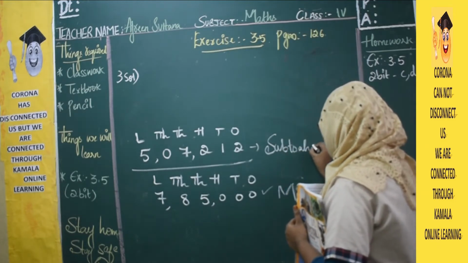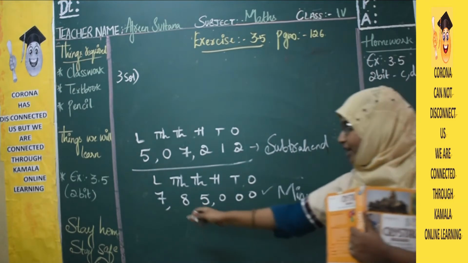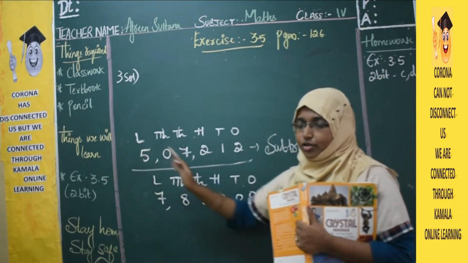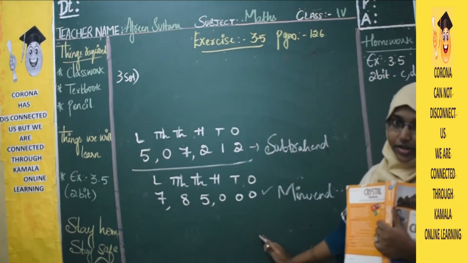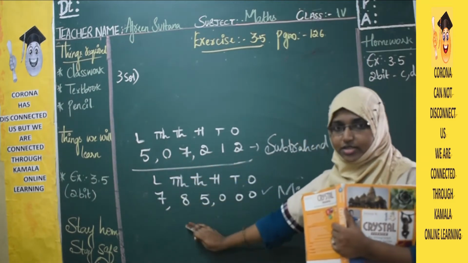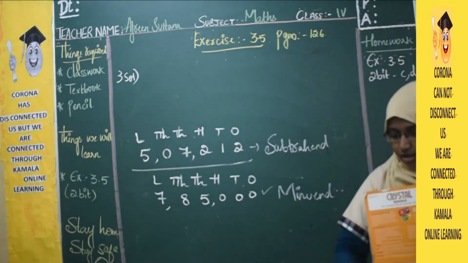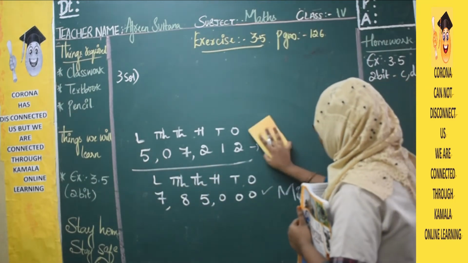Okay? So before directly you need not write the values. You cannot subtract this 7 from 5, right? So first check the question, what they have given, what they asked. See, they told to subtract 5 from 7. So 7 lakh is minuend and 5 lakh is subtrahend. Now let us find out the difference.